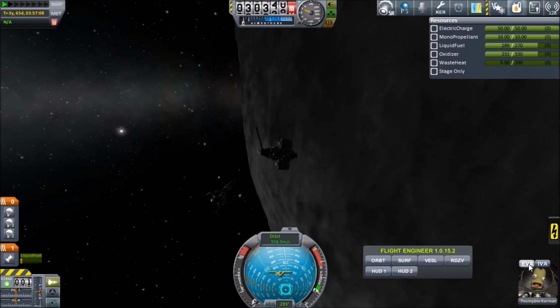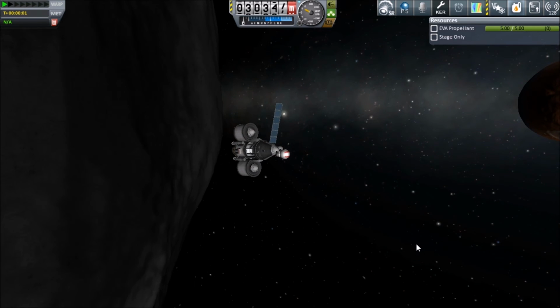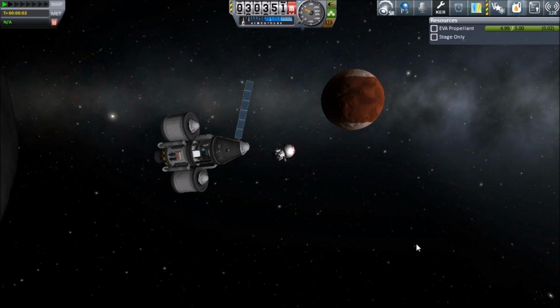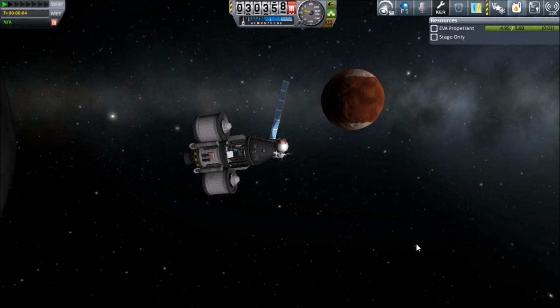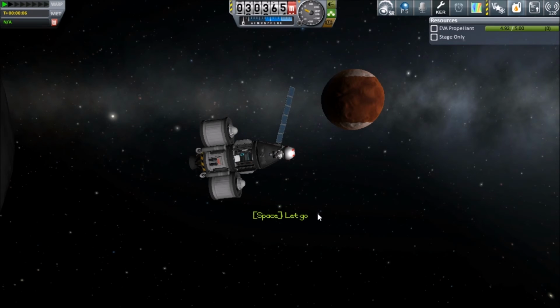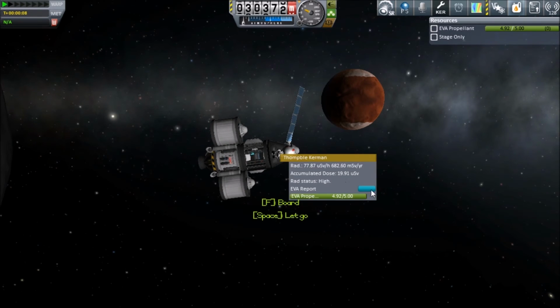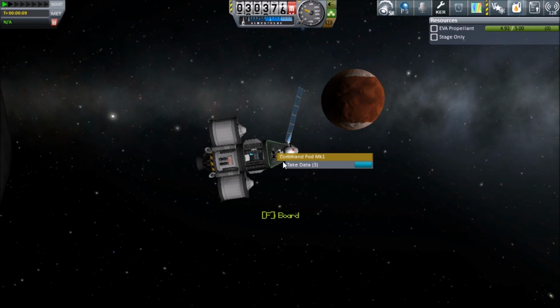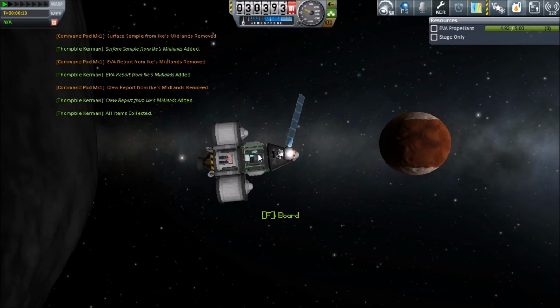And as you can see, we've got some nice data that we have really... Oh dear, no. Really had enough fuel to bring back home. I'm going to grab that. Drop down to the hatch. Okay, how do I collect the stored data? Take data, 3. Surface sample, EVA report, crew report. Okay. Now all we have to do is...